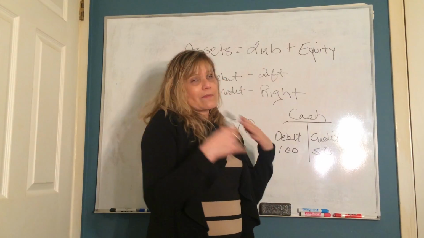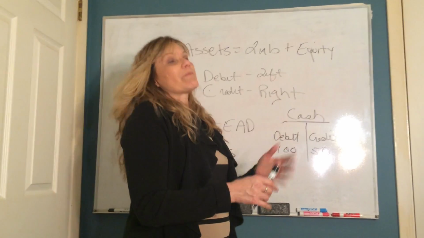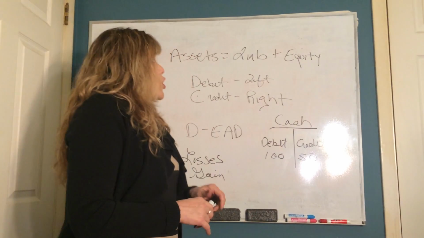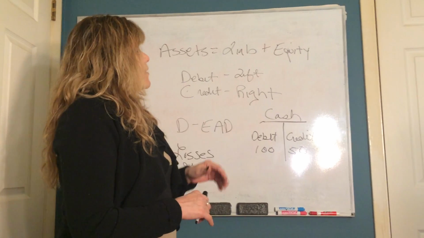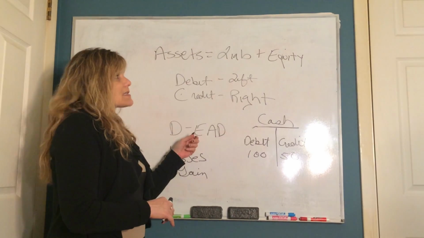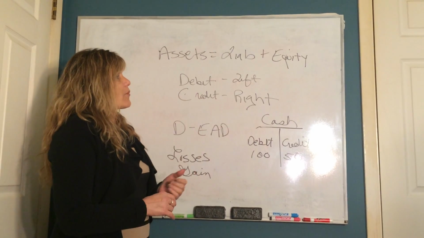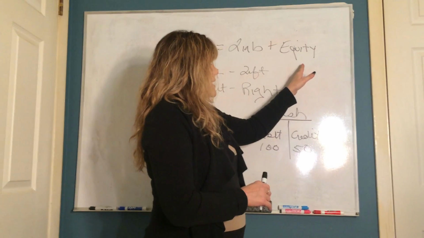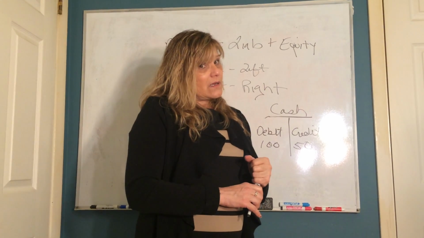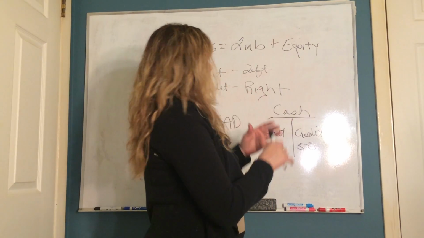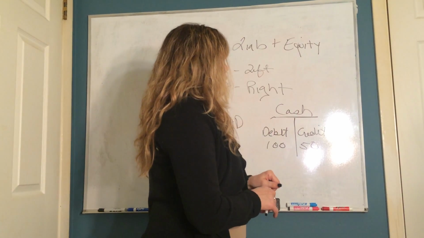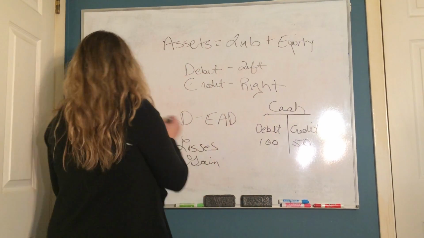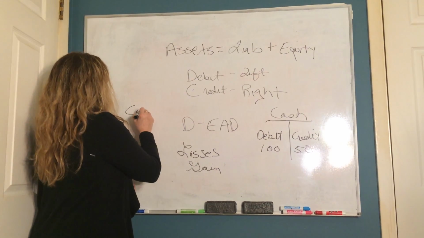Equity is our last thing, and if I'm talking about a corporation, my equity, for example, might be called common stock or capital. Those are going to be equity accounts. When you're looking at these accounts, technically, your expense accounts fall into that equity account range, but they decrease your equity. So remember, equity is going to increase with credits and decrease with debits, right? Because that's true of any of our equity accounts. So for example, common stock is going to increase with a credit. I think they call it capital stock in our text,